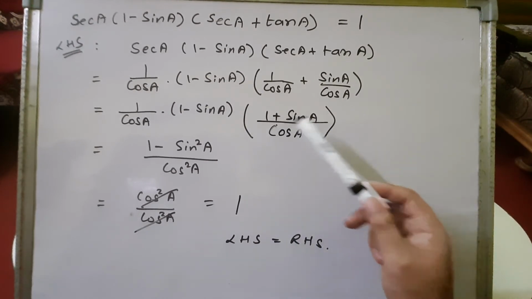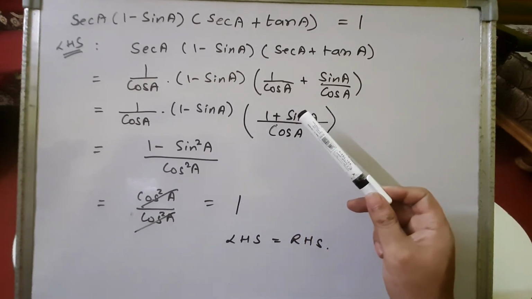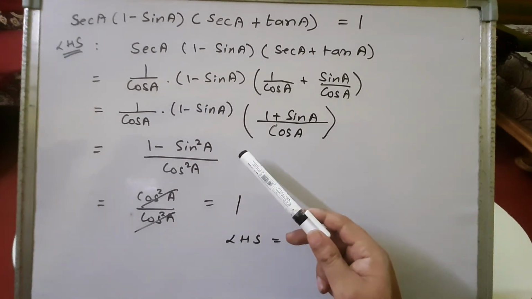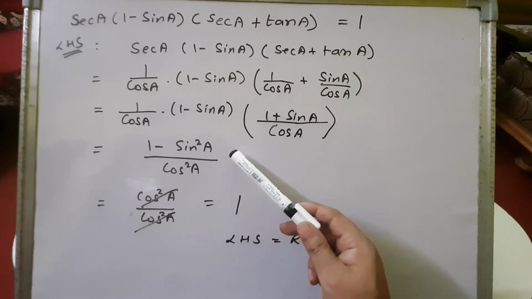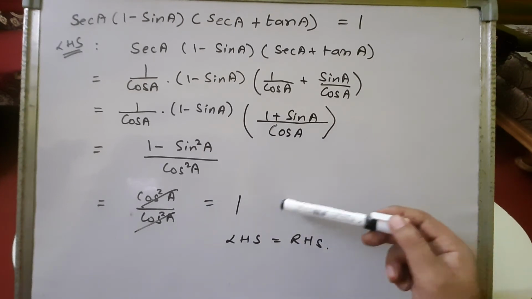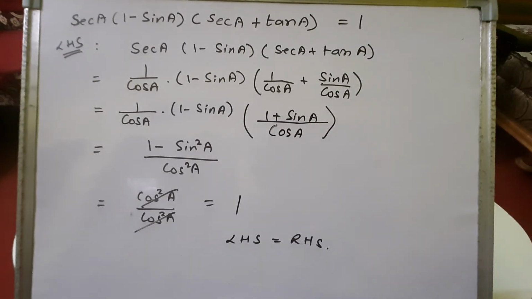Right, children? And you can see here it is written 1 minus sin A, then 1 plus sin A in the numerator. Both A minus B, A plus B will be A square minus B square. So then what will we get? 1 minus sin square A upon cos A into cos A, which is cos square A. 1 minus sin square A we have studied in fundamental identities as cos square A. So the cos square A will get cancelled and we will get the value 1, which is equal to the right hand side. So we have proved this trigonometrical identity, that both the sides are equal to each other. Right, children? This way we will solve. Note down, please.